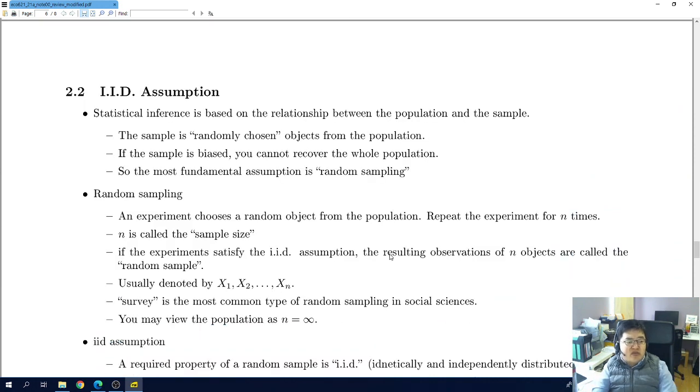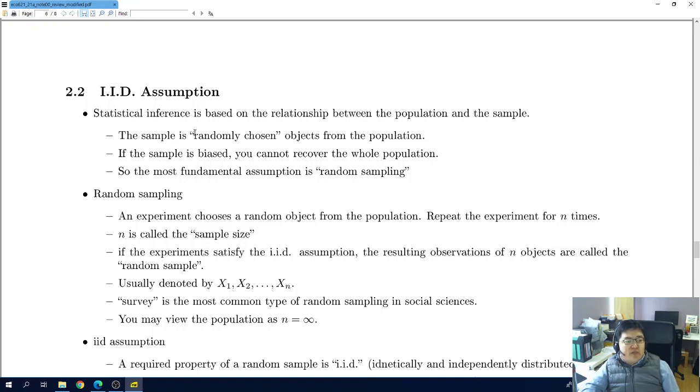And I would like to emphasize that the idea was we would like to infer about the population using the sample. And I told you that the relationship between the population and the sample is important, right? Then what are the required assumptions? It won't be correct all the time. Sometimes if your sample is wrong, then your estimator will be wrong. So we require assumptions, which is the famous IID assumption.